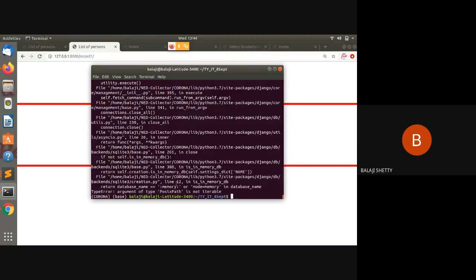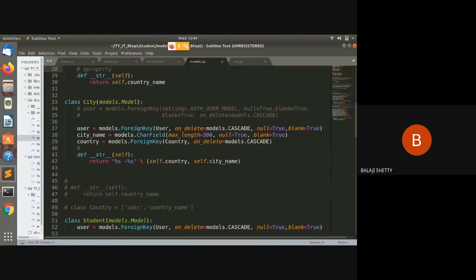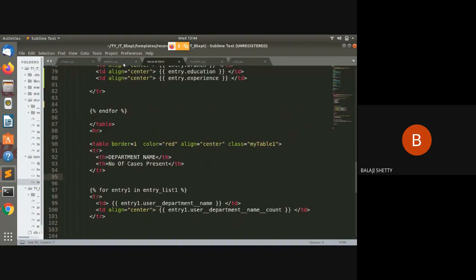So what do I do now? Here I take city name and here I type country. And here I have stored my result in which variable?